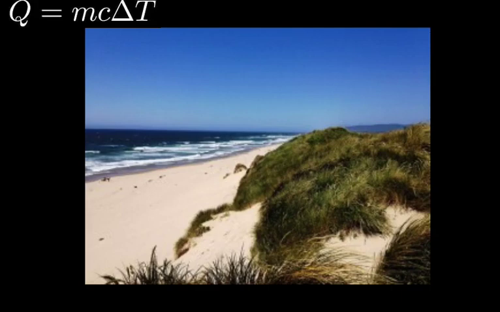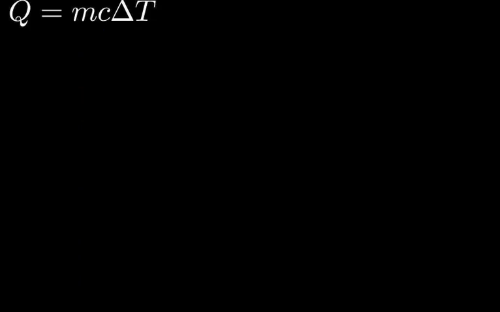When we add heat to the ocean, we have to add a lot of heat to change its temperature. Now we're very lucky to live in coastal regions like Sydney because we have the ocean right next to us. Now the ocean can absorb a lot of heat with a very small change in temperature, and this helps to minimize temperature changes. When it's a hot day, the ocean absorbs a lot of heat and doesn't change its temperature very much. When it's a cool evening, the ocean releases a lot of heat without changing its temperature very much.